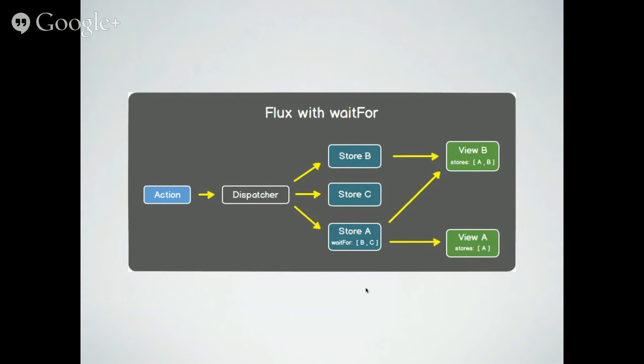You send it to the dispatcher. The dispatcher will send it to all the stores. And the thing that Flux does, instead of having stores that subscribe to change events on other stores, is ensure that the stores will resolve in a certain order. So if store A is going to call a getter out of store B and store C, then the dispatcher will ensure that it is only run after store B and C resolve. The thing I have at the end of the talk that I'm going to jump to now is that